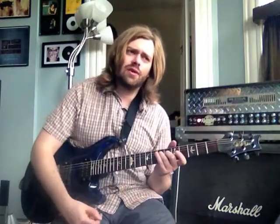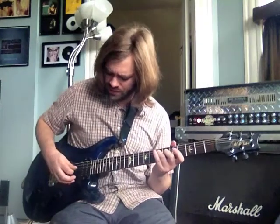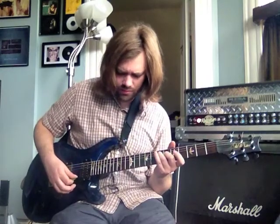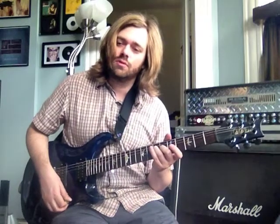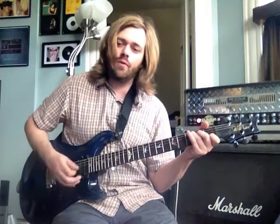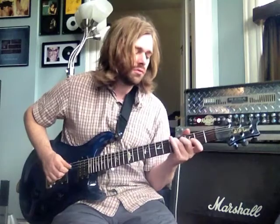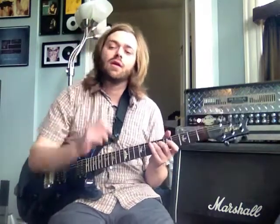Then this next chord is A6/9. So that's open, 7, 6, open, open. And then that just repeats again. Alright, so as I said, the other guitar part, the overdub track, is doing basically the same thing,